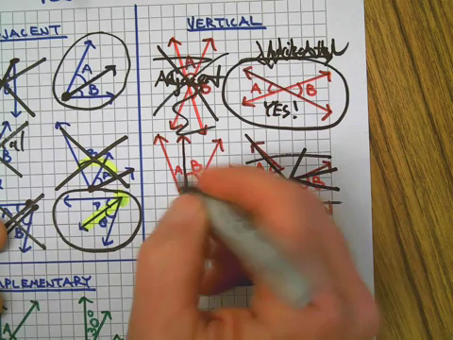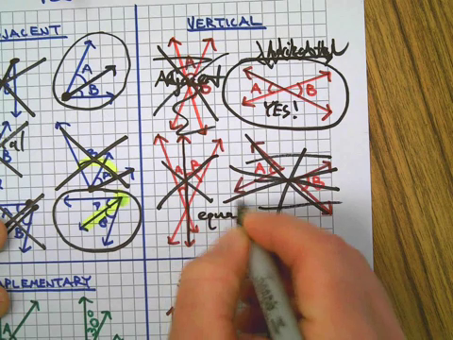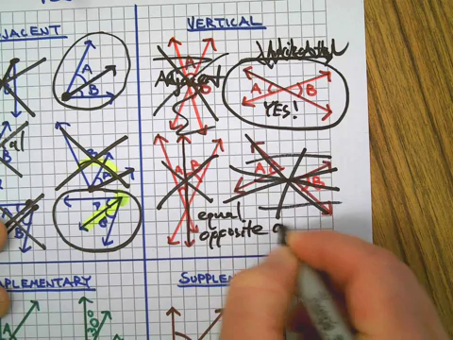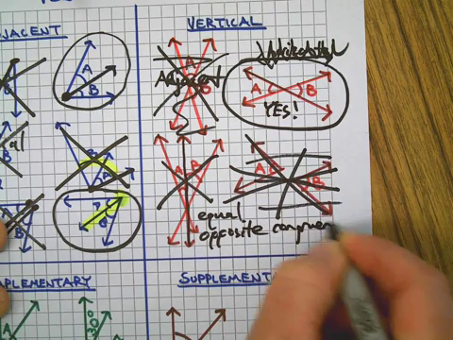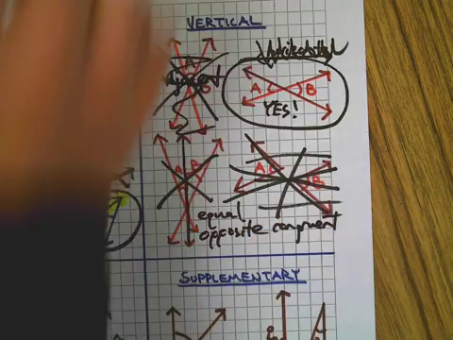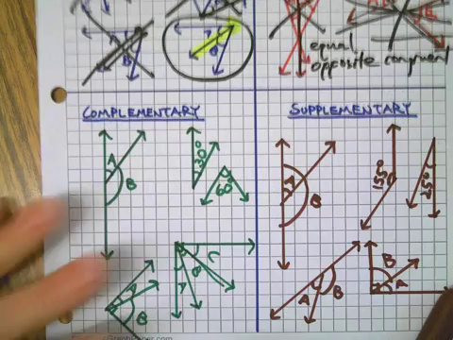Seems like they're kind of vertical. No! They need to be equal, opposite, and congruent. So this one was the only one that qualifies out of those choices. Next,